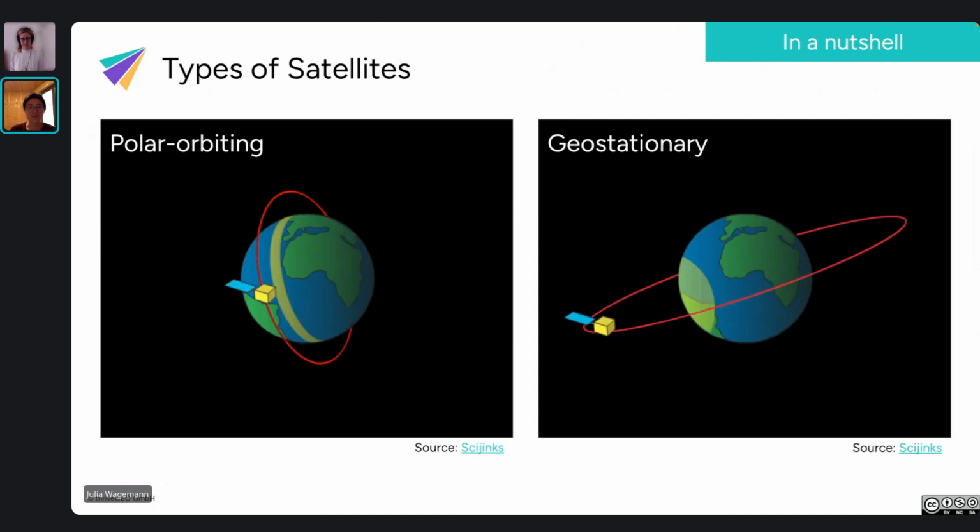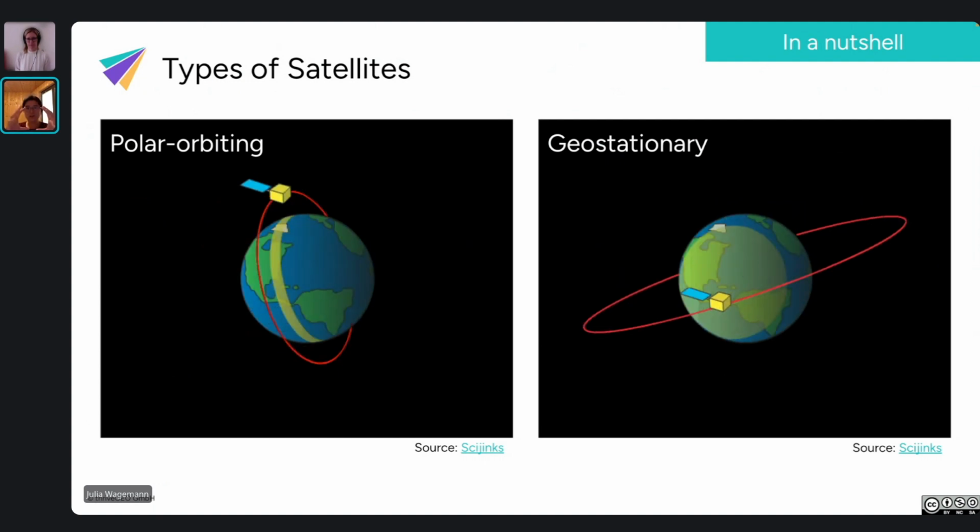So types of satellites, we have two main types. One is a polar orbiting satellite that goes around the poles, so north to south. And as the Earth rotates from west to east, you can see that the Earth is being scanned, so to speak, in strips as the Earth rotates and the satellite moves around. So it may take several days for the satellite to scan the same area again, which leads to a period of time where you need to wait before the next piece of information for the same area comes in. These are also closer to the Earth, so you can actually get higher resolution, sharper images of the Earth. Then the other type of satellite that you will find is a geostationary.